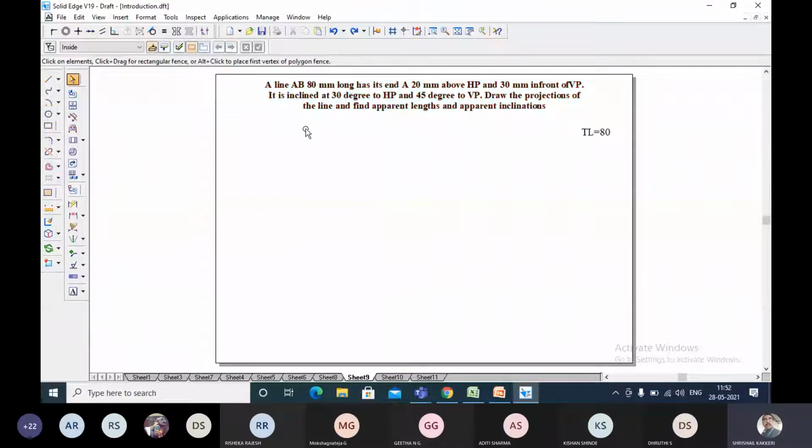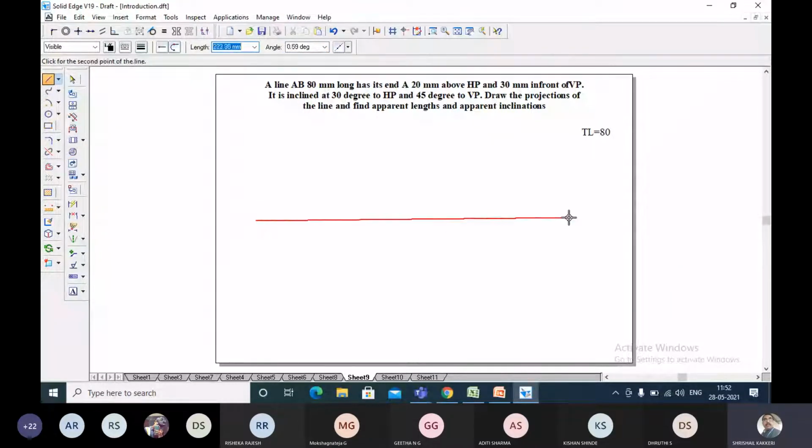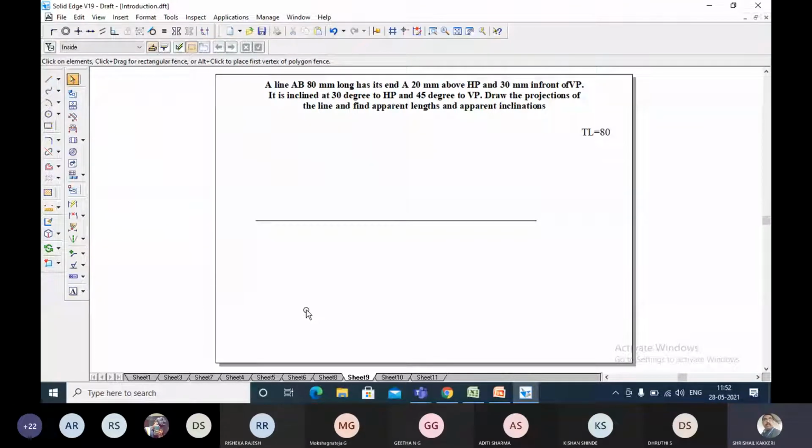Now directly let me start with a problem so that at the same time we are able to understand it. Let me select a line and locate a point, taking approximately whatever length you require. So this is the line. Now this line will be a normal line. I am going to take a normal line. Now all the lines you take normal, then we'll try to see whichever is the thick line and whichever is the thin line. Now my point is that point A is 20 mm above HP. That means now you take 20 tab 0.